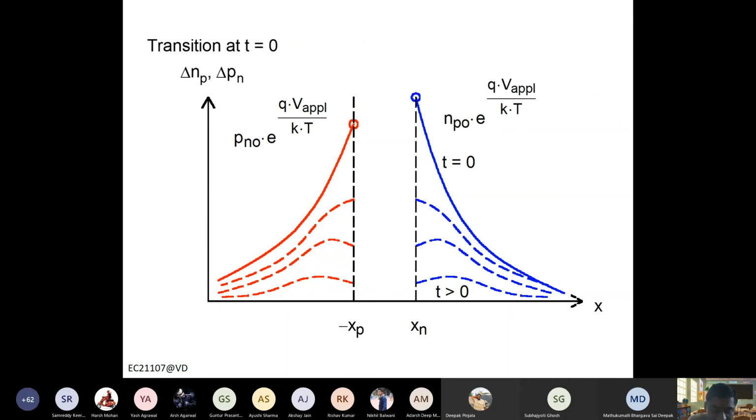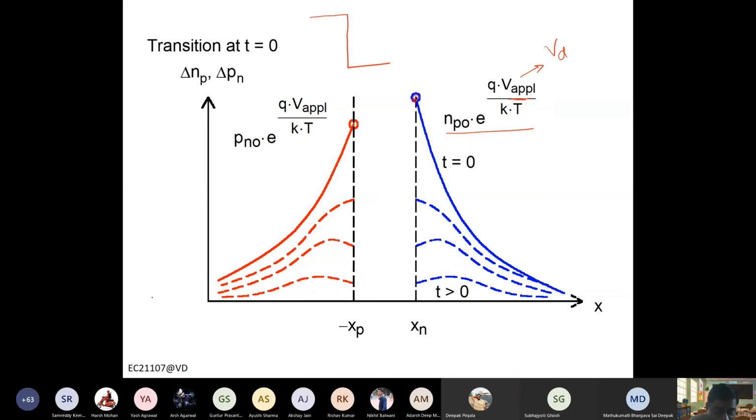Now, if you carefully look at the charge curve, so this is a minority carrier concentration, and in forward bias, we applied the concentration, the peak values np0 exponential qV by kT. This is of course assuming that we applied voltage across the junction only. So if you want to be more accurate, you can write V across the diode or junction, right? VD or V junction, whatever. Now, what happens? Now you suddenly change the applied voltage to negative, right?